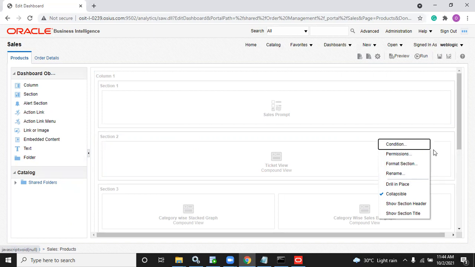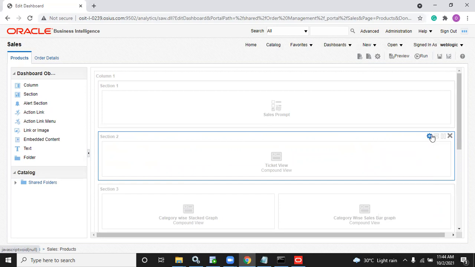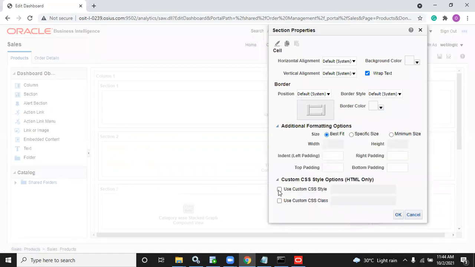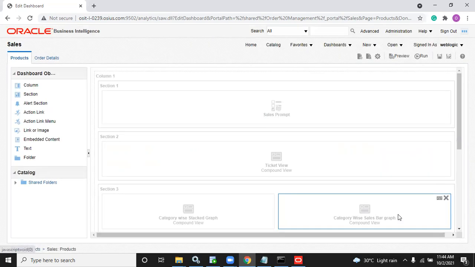On the section you have to go, not on the report, the section. Then go to the section, format section. Are you seeing the style here? It has display. You know this one already? Okay.